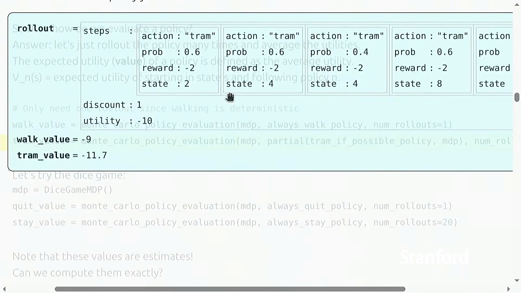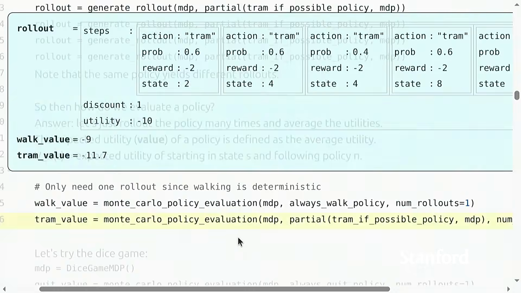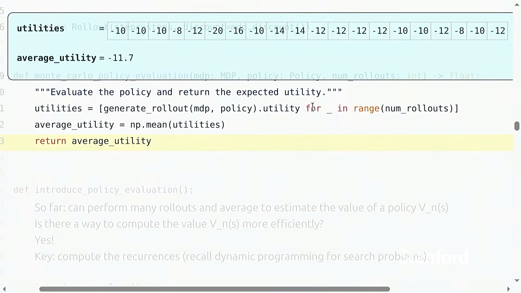All right, so maybe just one comment on this: it will converge to the correct answer, but at what rate does this estimate converge? If you remember probability and statistics, the error in your estimate is roughly 1 over the square root of the number of rollouts. So if you have 100 rollouts, then your error is roughly 1 over 10. It's not bad, but we're going to see that we can do a lot better.